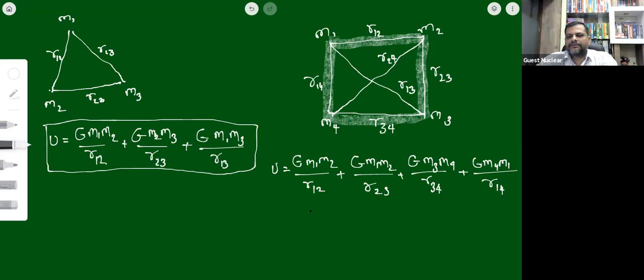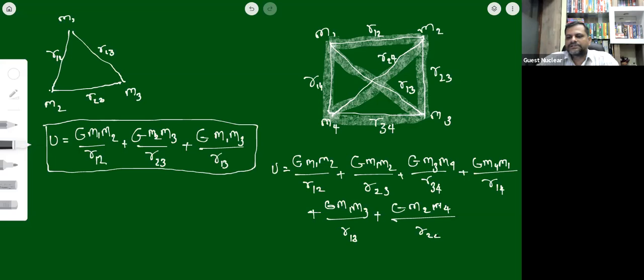Yes, and two more terms will be there, one of which will correspond to this pair m1 and m3, right? The potential energy associated with that pair will be G m1 m3 upon r13. And finally the last pair we can deal with is this m2 and m4. So how much potential energy is stored in this pair? We can see it is G m2 m4 upon